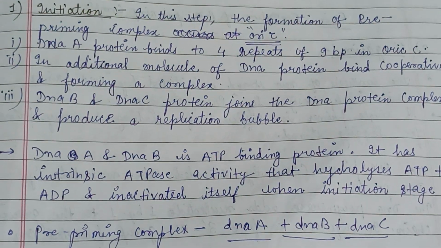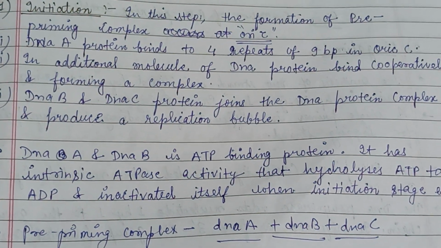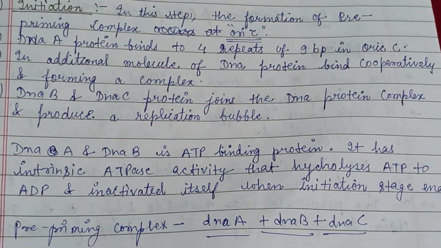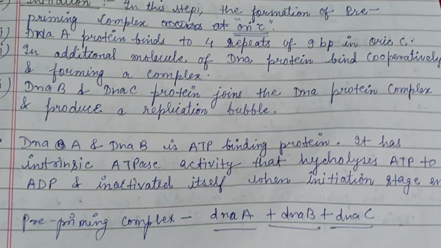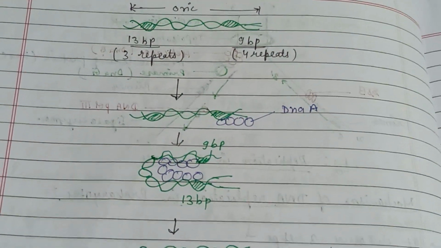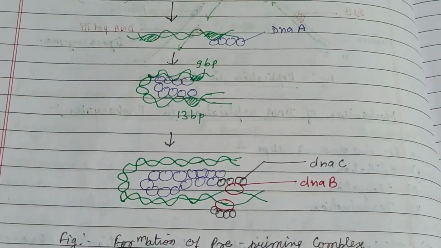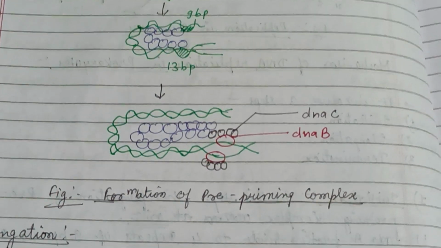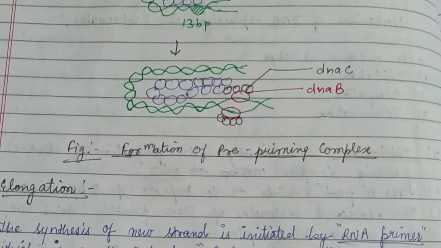These enzymes are ATP binding proteins. They have an intrinsic ATPase activity that hydrolyzes the ATP to ADP and inactivates itself when the initiation stage ends. This figure describes the replication process. DnaA, B, and C form the pre-priming complex, which is involved in the DNA replication and starts to form